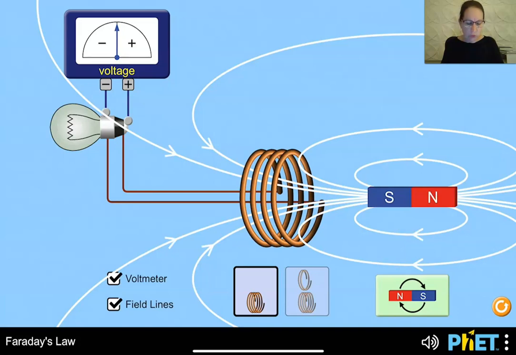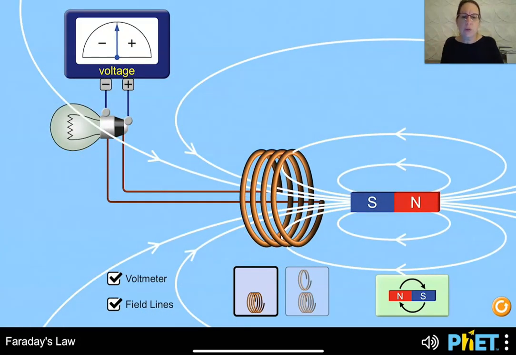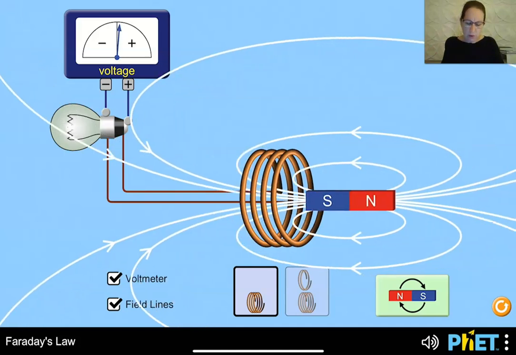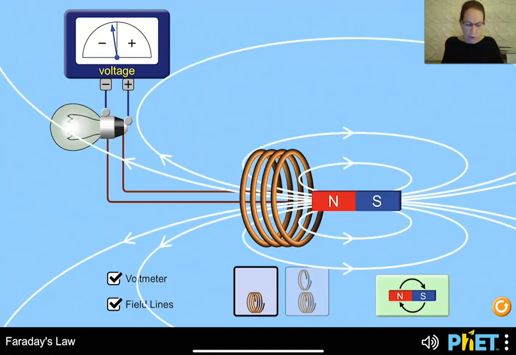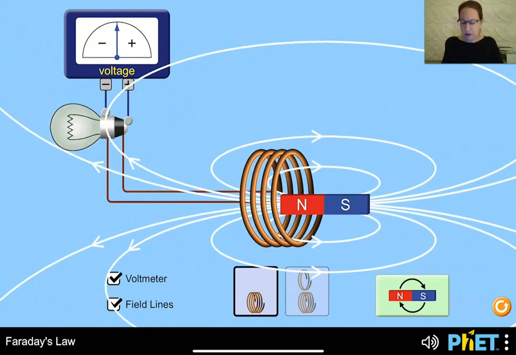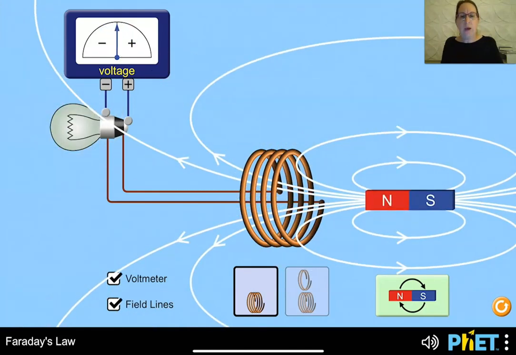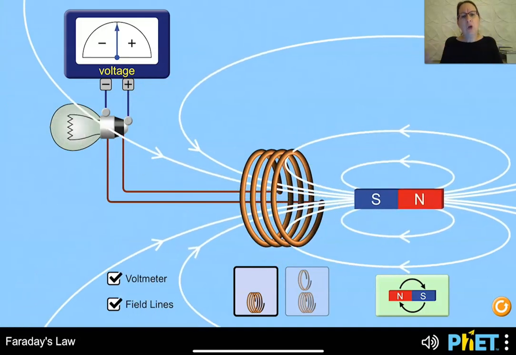And if I change the direction, then what happens is the current initially flows the other way. So you have to play with this a little carefully, but if you have this north pole coming towards it, notice as I move towards the bulb, it goes negative, and then as I go away, it goes the other direction. If I change it, it's going to go positive first, and then if I stop, it'll go to 0. If I pull away, it'll go negative. So it determines the direction we're going to get to next, but I wanted you to at least see this,